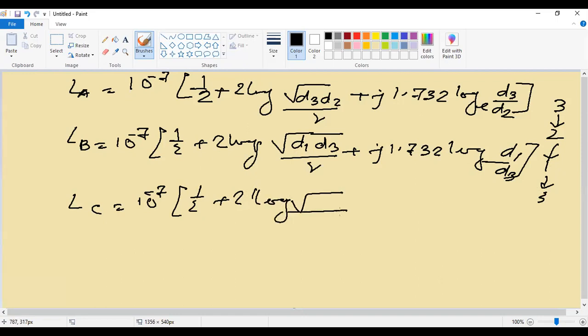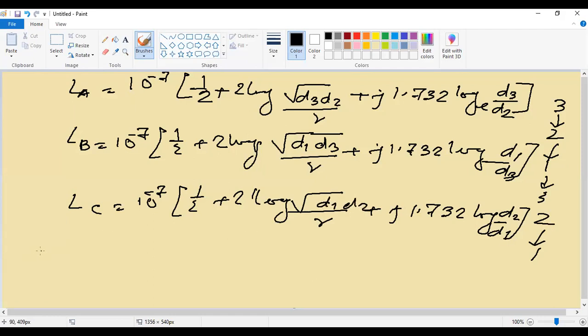The square root term we keep as it is, plus j 1.732 log. This term will be d1, d3 over... now 2 will come, so this will be d2 by d1, and this term will be d1, d2. Okay. So now L equals 1/3 of